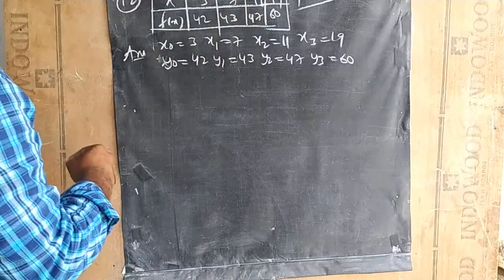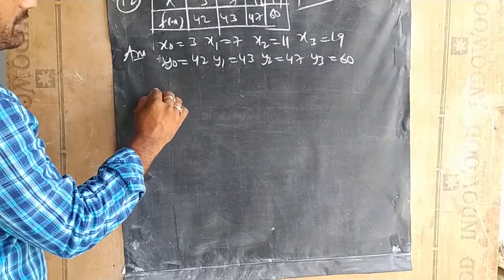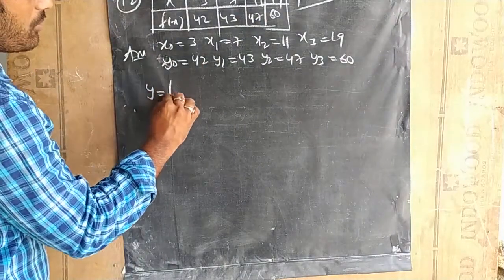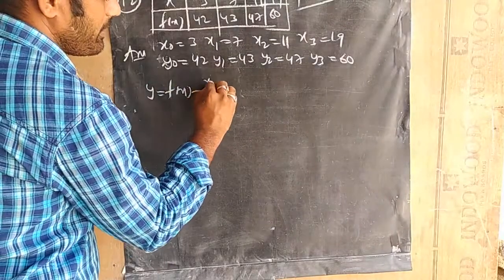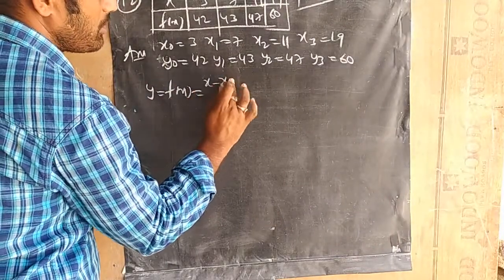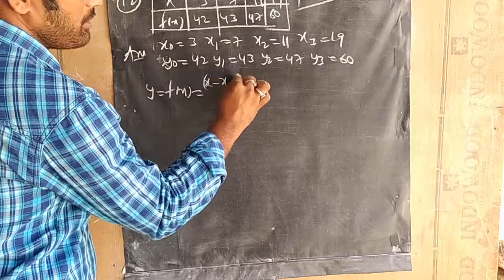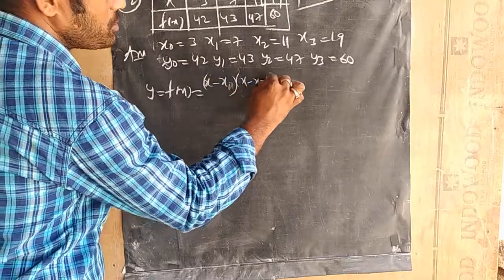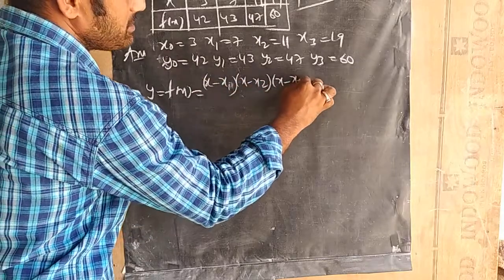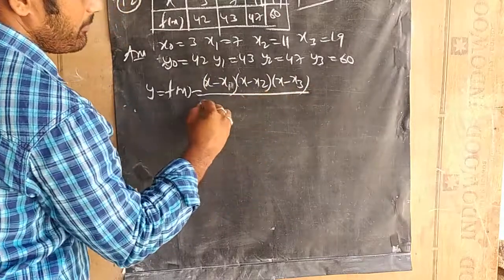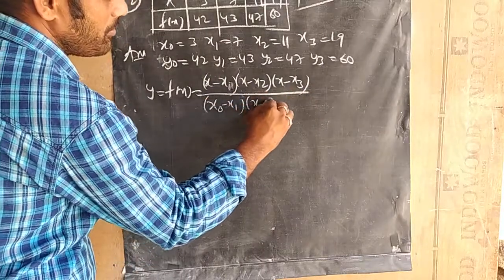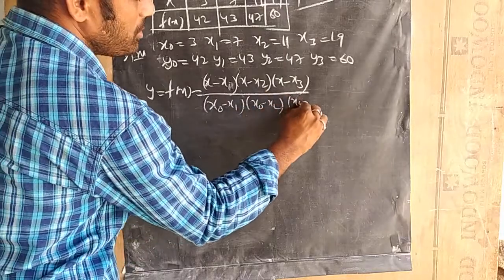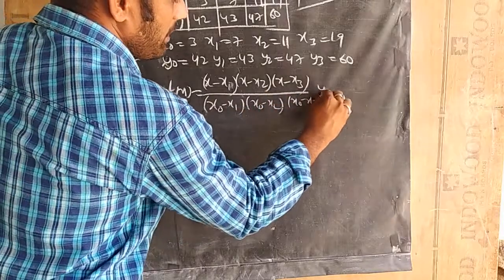We have to find y at 15. Now let us write the formula. y = f(x) = (x − x0)(x − x1)(x − x2)(x − x3) divided by (x0 − x1)(x0 − x2)(x0 − x3), into y0